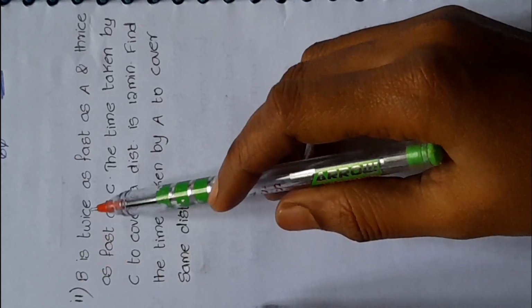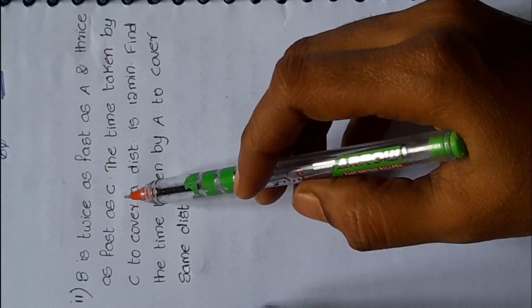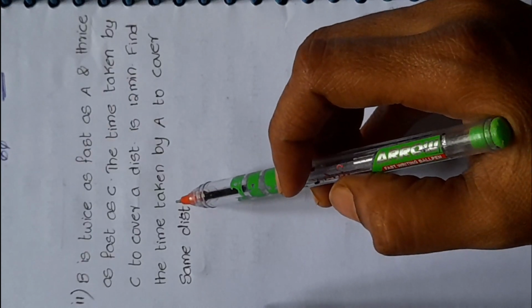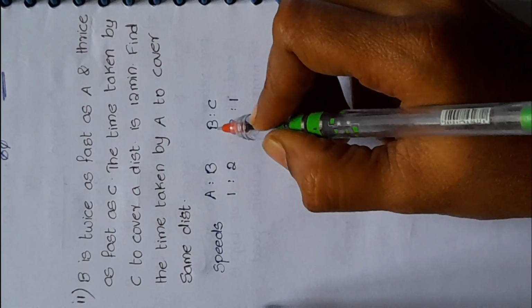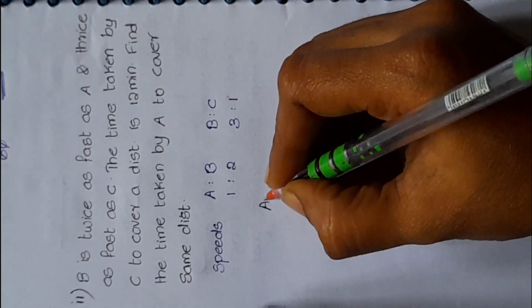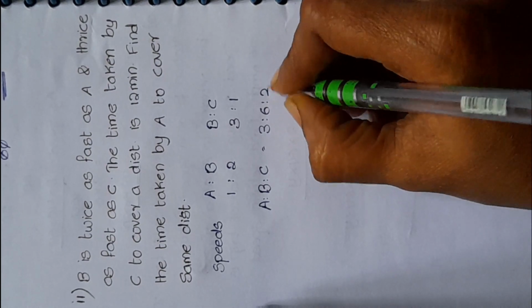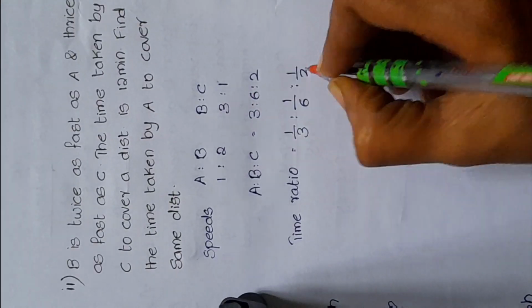11th question. B is twice as fast as A and thrice as fast as C. The time taken by C to cover a distance is 12 minutes. Find the time taken by A to cover the same distance. The ratio of speeds of A and B is 1:2 and B and C is 3:1. So we get the ratio of A is to B is to C as 3:6:2. Now the times ratio is